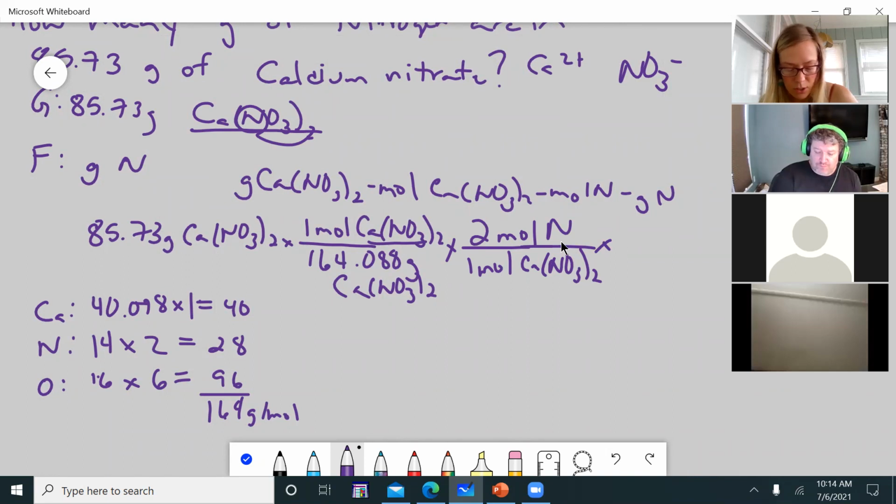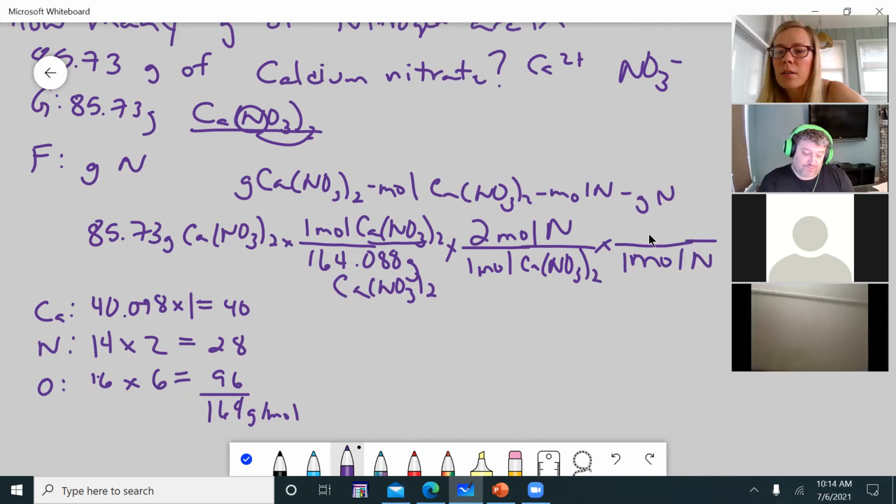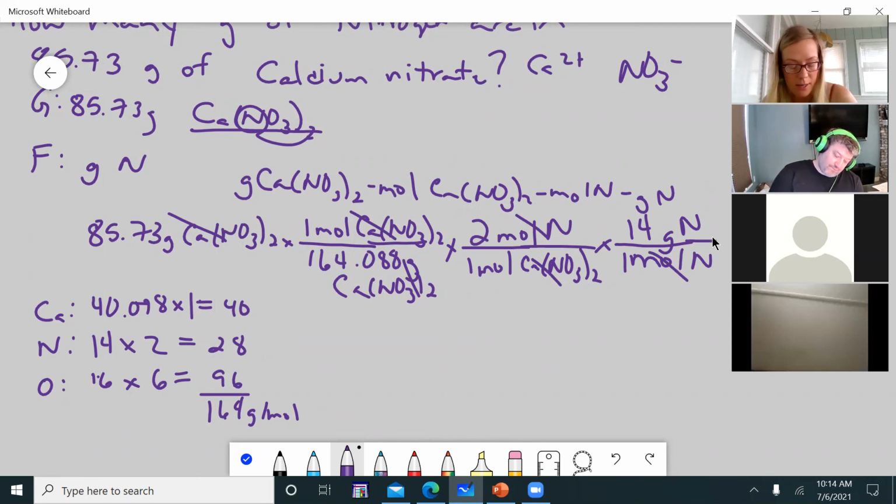Then the last step is just to use the molar mass of nitrogen, which is approximately 14. So 1 mole of nitrogen gives us 14 grams of nitrogen. And look at that, bam, there goes the grams of the compound, there goes the moles of the compound, there goes the moles of the element, and we'll be left with just grams. So then we just simply plug it into the calculator,